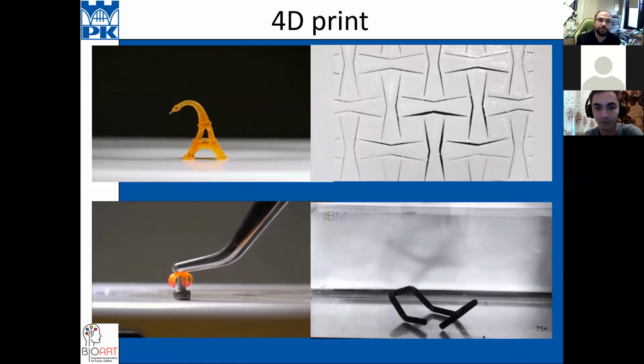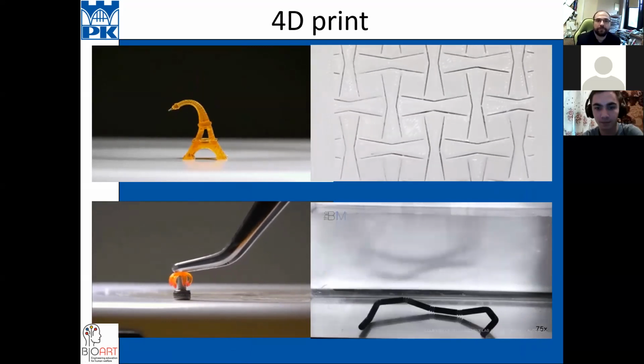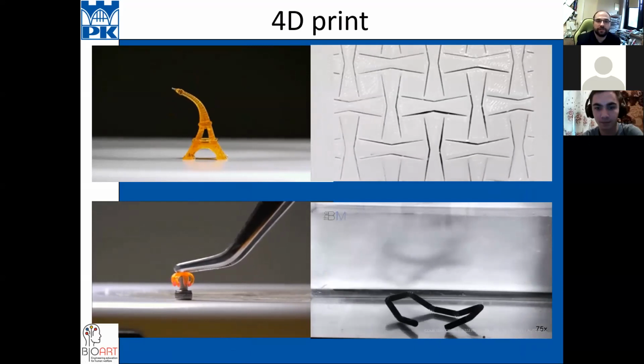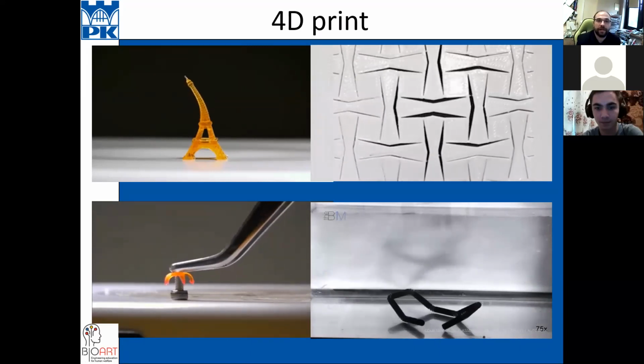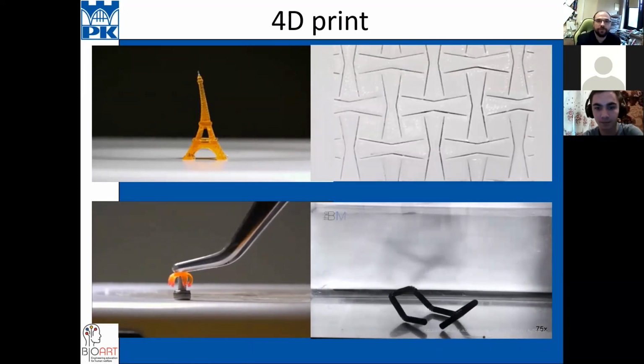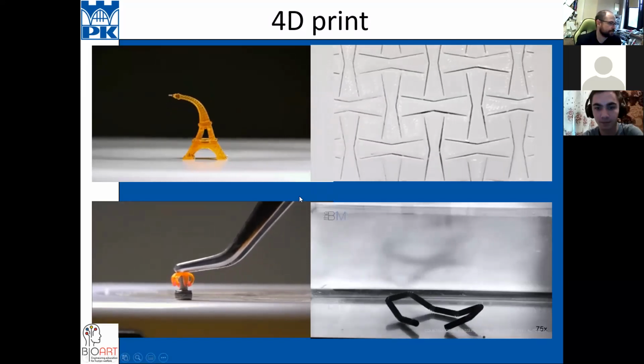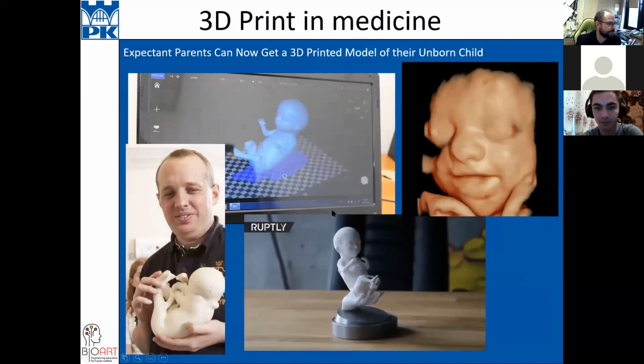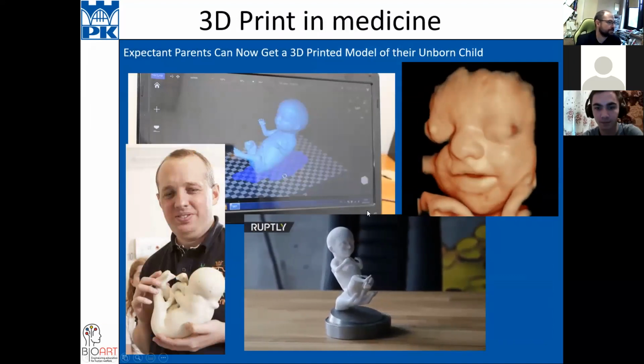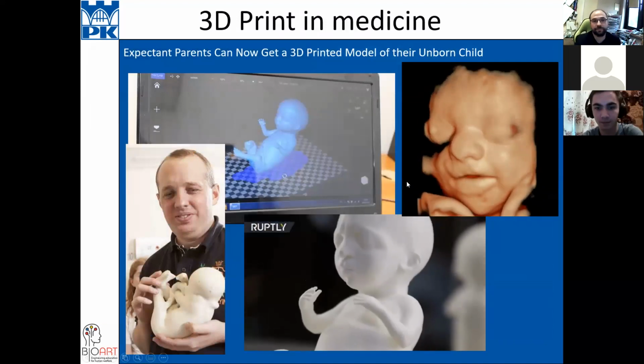You can put it into a body, and you can change the magnetic field, and it will be transferred in this body, yeah, like nanobots or something like that. No, maybe not nanobots. Oh, here you have some more examples of using 3D printing in medicine.